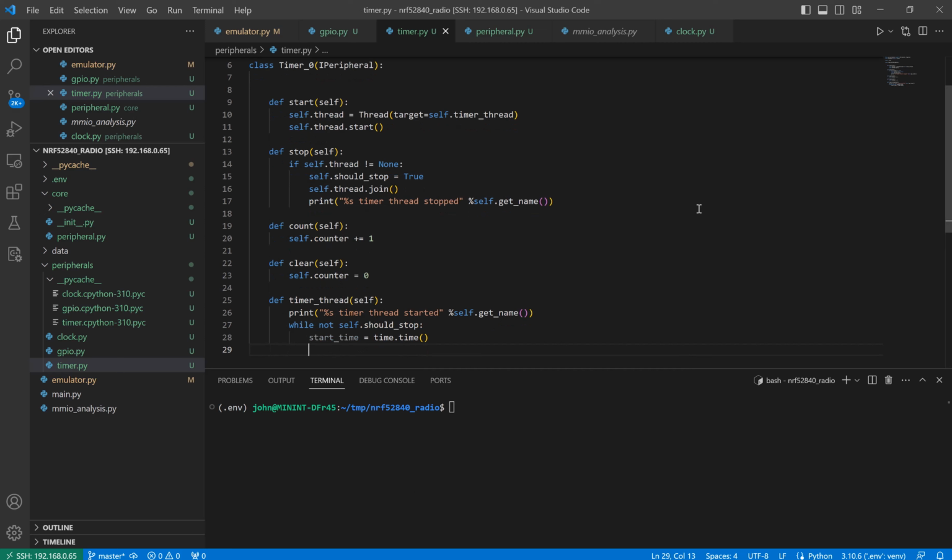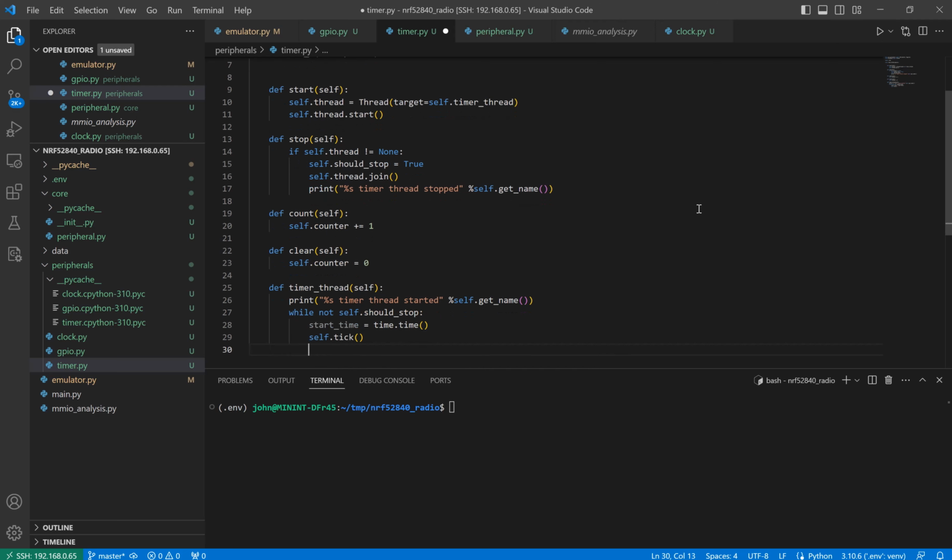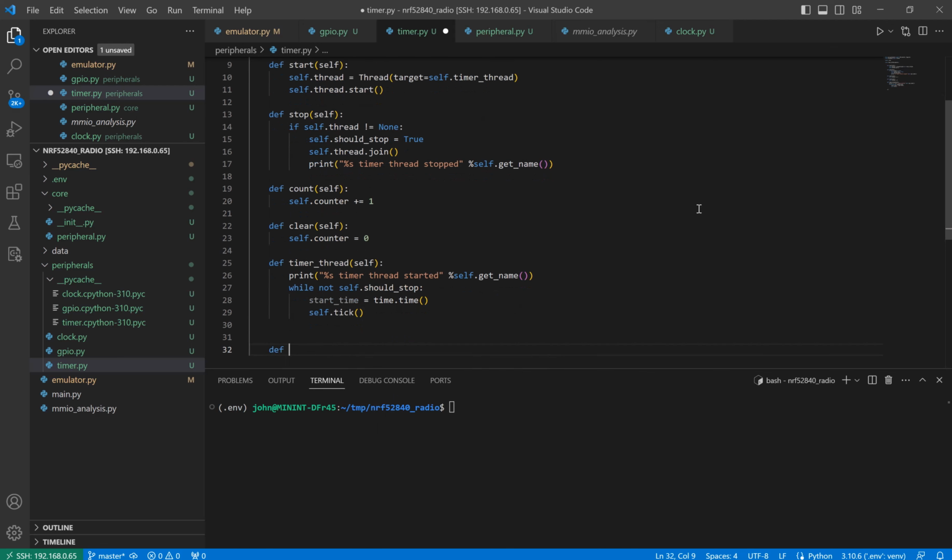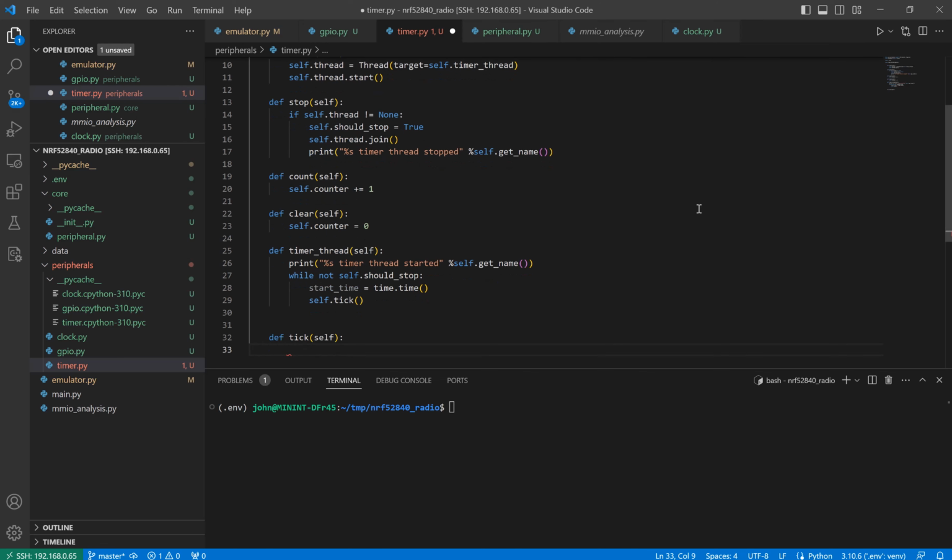Okay, so we start in this loop, we pick the value. That's nice. We have a separate function for tick and count because the clock has two modes. We want to use the relevant function for that. Then we measure the elapsed time, which is